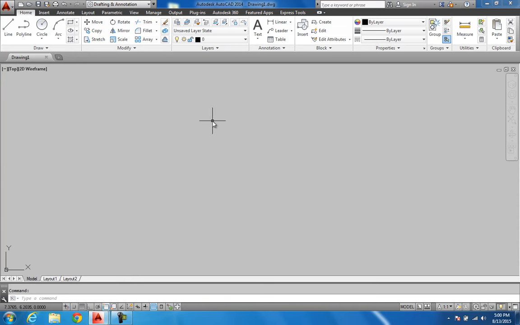Alright, your screen's going to look something similar to this. You've got the ribbon up here, and you basically have your status bar and all this. Now what I want to do is down here, this is where you can type in your commands. You don't have to click on it, you can just start typing, and it automatically comes up. What you want to type in is startup,